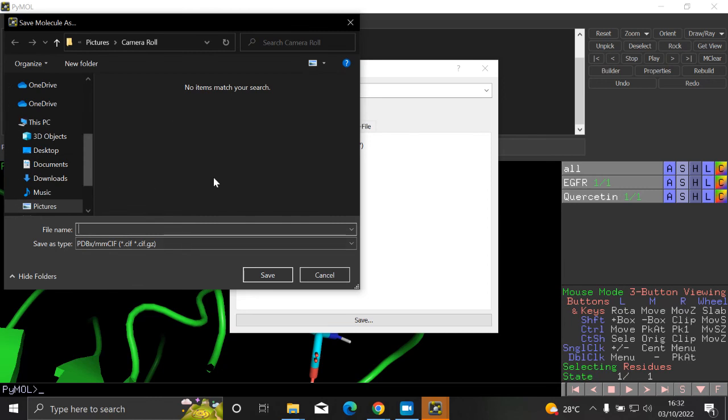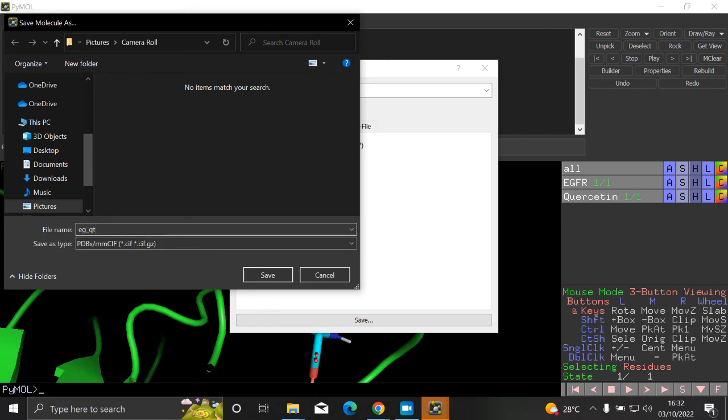You click on save, then you name it. Okay, EGFR. It's not a good practice to use a capital letter. I just learned that recently when naming your complex. Let me just use shorter names. Shorter names are very important. I'm working with quercetin, I will just give it a short name, QT. And I'm working with EGFR, I will just give it EG. So EG